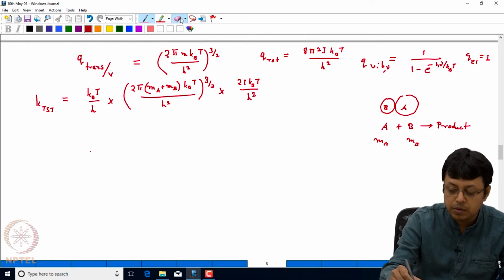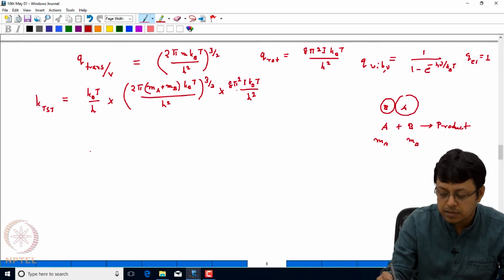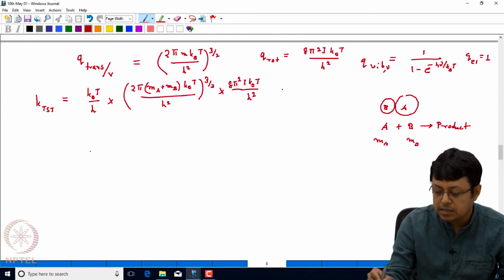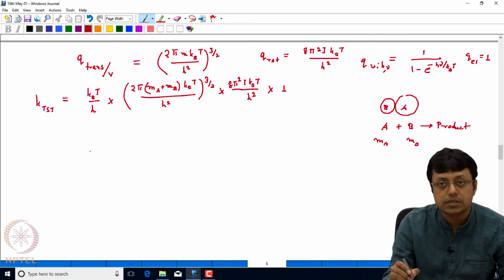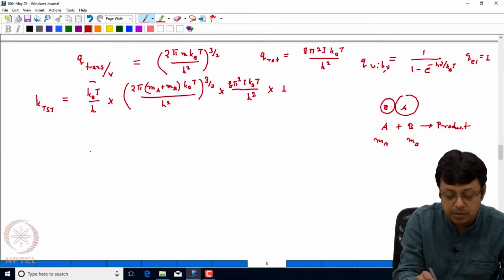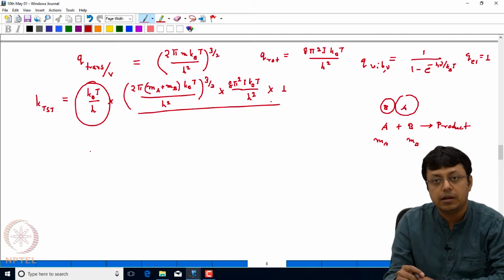So in the numerator we'll have 8π²I. We can use any of these expressions, and this is for a linear molecule, so that's why we had a sigma here, and sigma is basically 1. Then what we have is 8π²I kBT by h², and then the vibrational, but the vibration we have already taken into account, and then you have electronic, which is just 1. So remember that since we have taken out the vibrational degree of freedom, that's why it is giving the kBT by h expression. And now I have the Q vibration